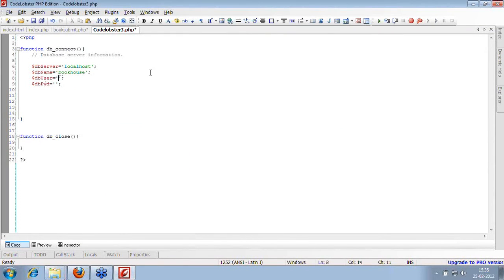Okay, I'm using a local environment. So my user is root. I have not set any password. Otherwise, you can just easily give the password ABC, whatever password you set, or you will get from your control panel or